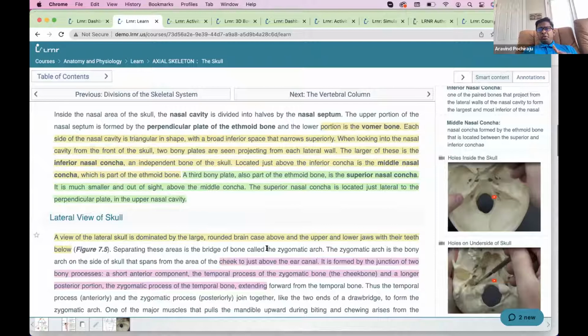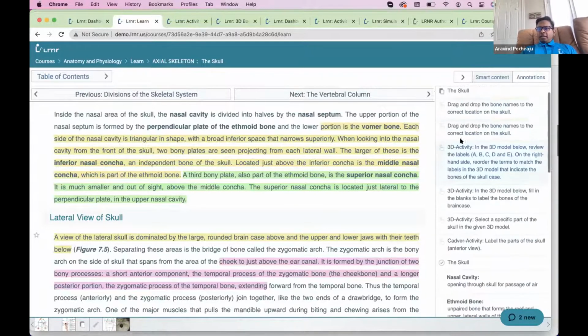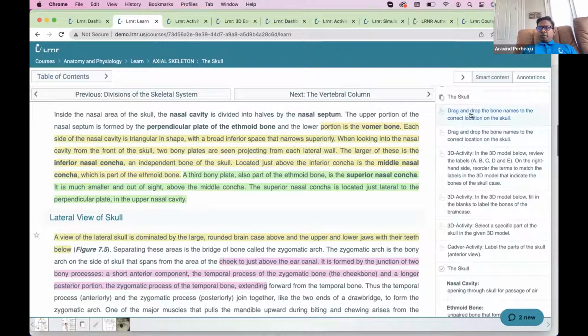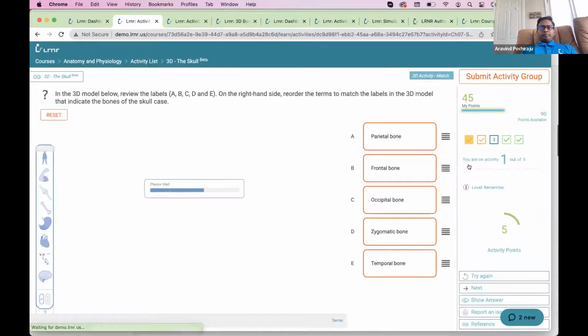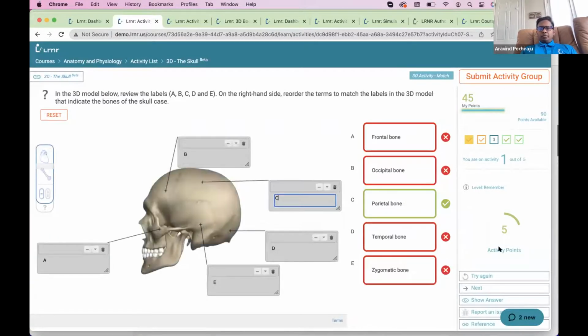But as you know, most students don't do it this way, right? Maybe you can expect 10 to 15% of your class will study the textbook and then do all this. Most of the students want to do their assignments first and come back here. So whatever I'm showing you right now is all the things that we have. But as an instructor, if you're already using the Openstax textbook, it's way easy to access all the supplemental content that you can assign. I'll show that to you as well. So let me just show you a couple of different types of activities from here, and then we will go into